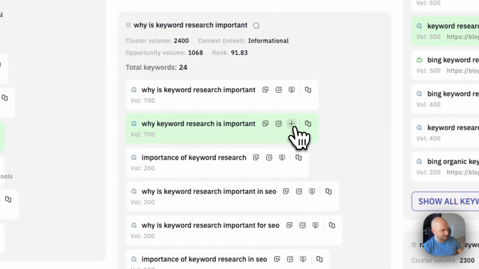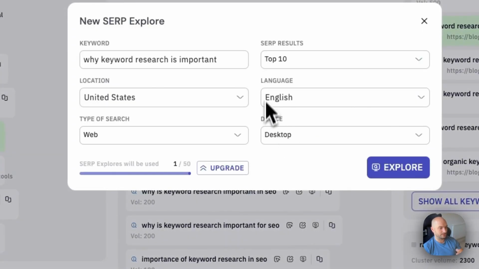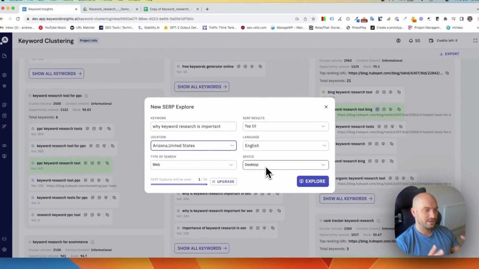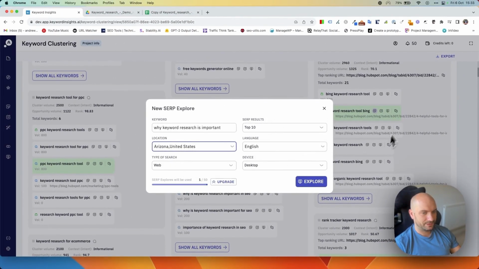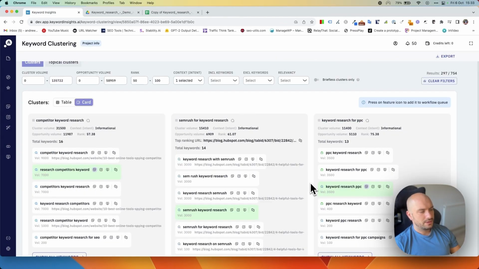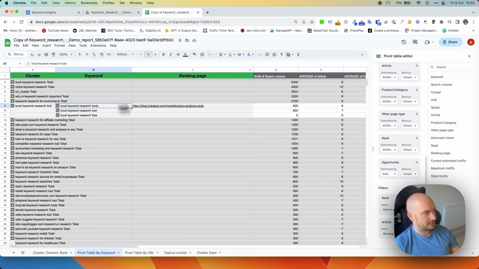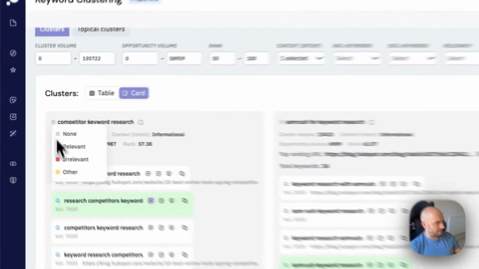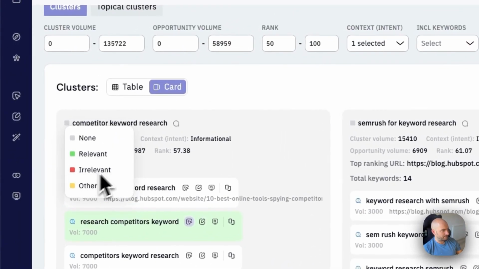And you can click on this and you can see how the SERP results would look in a given country. So you can change how that might look, and you can see this is basically replacing a VPN. So you might look at it that way. The other thing you can do, as I said, sometimes people wanted to leave notes and delete things. You can come through and actually mark them as irrelevant or other or relevant, and it just makes it easier